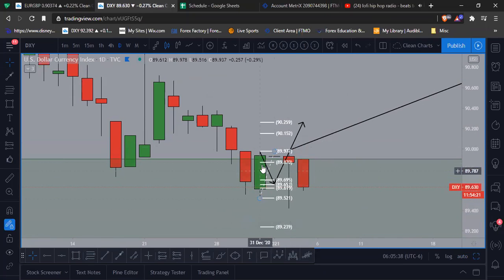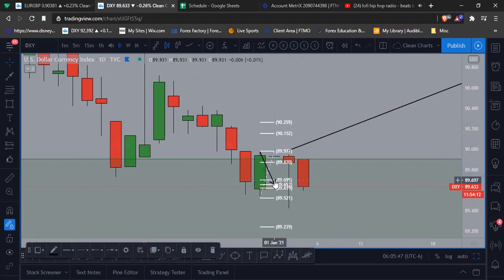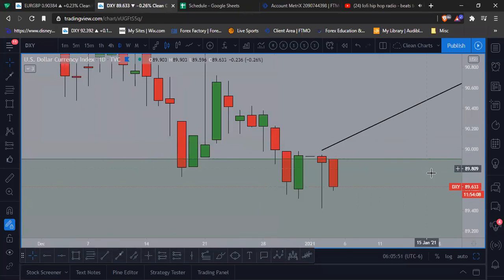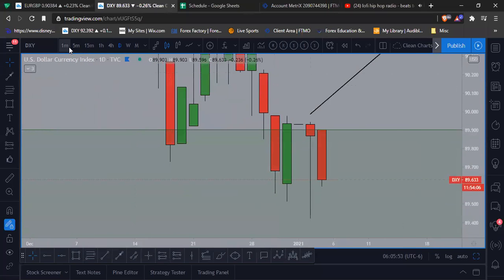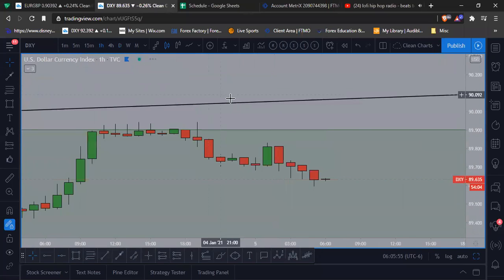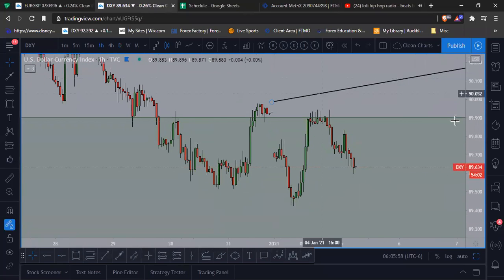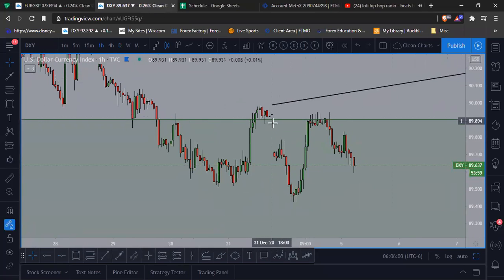First and foremost, this setup that I had from price dropping from this high to this low and then going to the upside didn't play out yet from the Sunday analysis. I'm just going to point that out first. Secondly, what we can see if we go to the lower time frame is that for some odd reason, TradingView